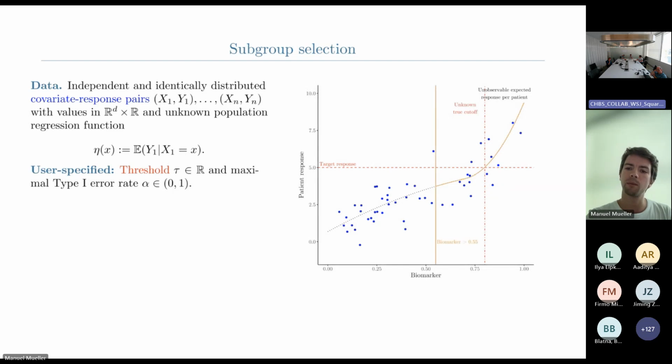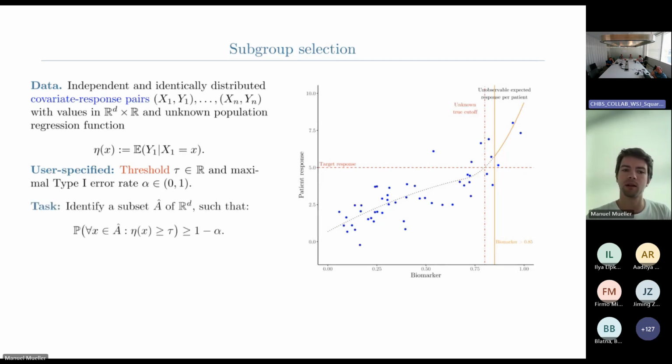The first one is that we set it a bit too loose, to choose too small a cutoff, and claim that more people are super responders than actually are super responders. And this is what we term a type 1 error in this setting. The other error that one might make is to choose the group too restrictive, to not select everybody who is a super responder as a super responder. And this we are fine with in terms of type 1 error guarantee. So this would not be a type 1 error, to choose the biomarker cutoff as you see it here.